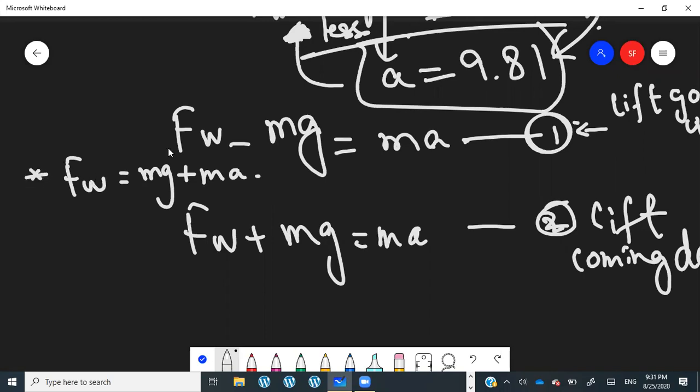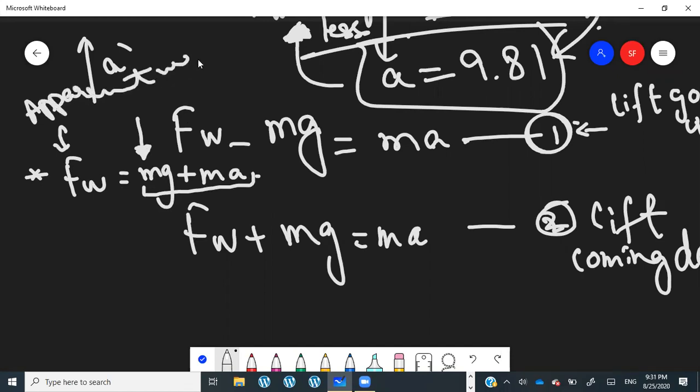अब क्या हुआ है, एक्चुअल वेट mg था, बट जिस एक्सेलरेशन से ये लिफ्ट ऊपर की तरफ जा रही है ना, एक्सेलरेशन a, उसको आप अगर m के साथ मल्टीप्लाई कर देंगे और इस एक्चुअल वेट में ऐड कर देंगे, तो दिस विल गिव यू अ वैल्यू which is larger than the actual weight, and this is going to be your apparent weight of the person going upwards. And it's going to be larger than the actual weight. So when you are going up in a lift, your weight actually appears to be greater than your actual value if you stand on a scale.